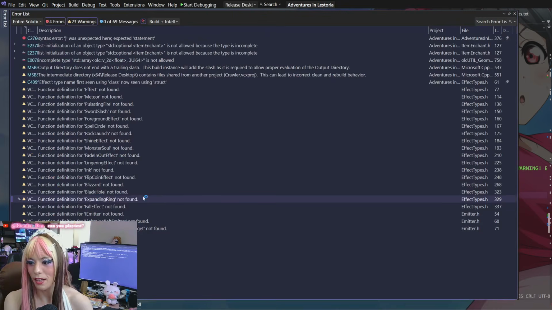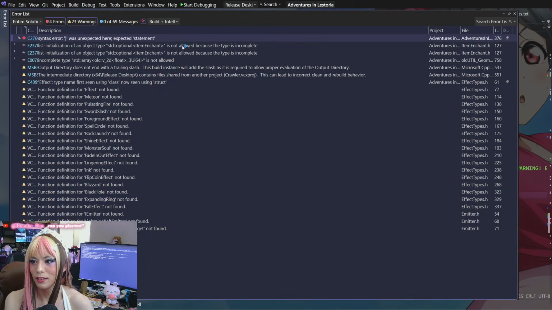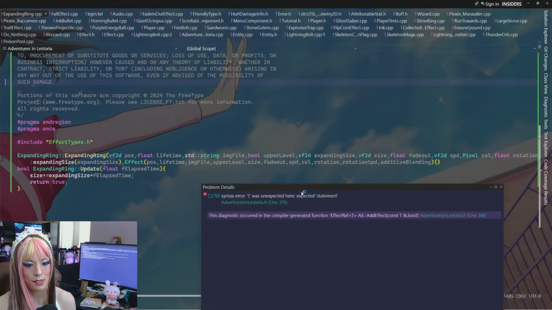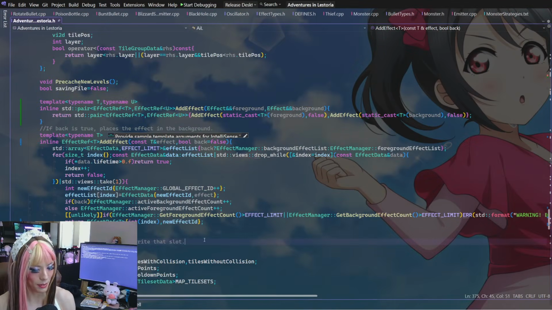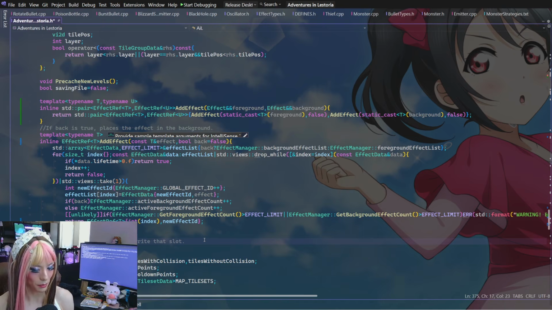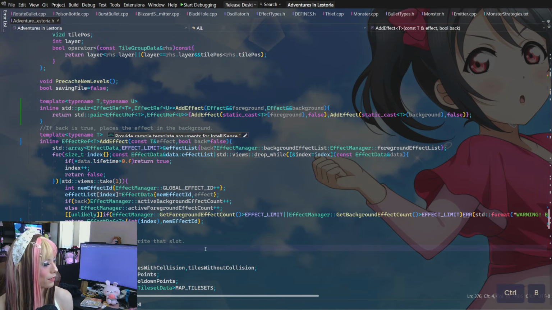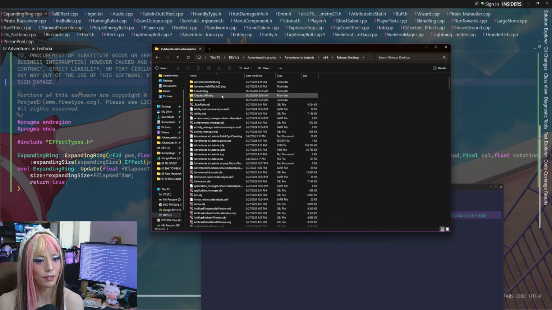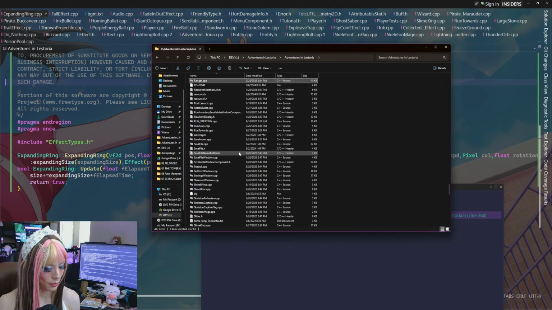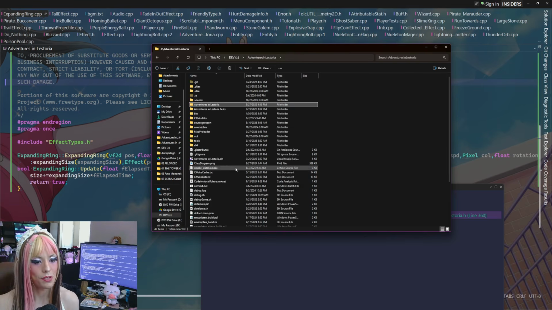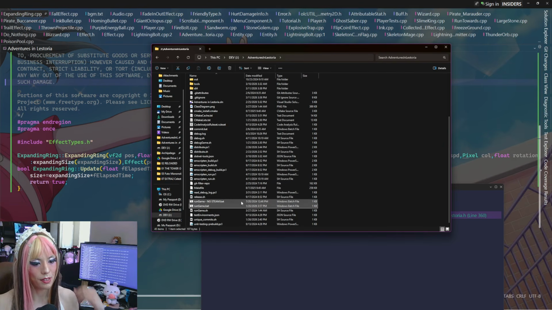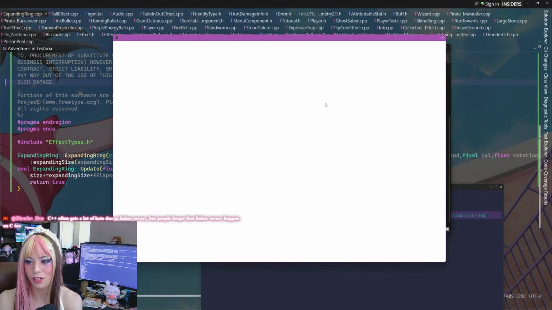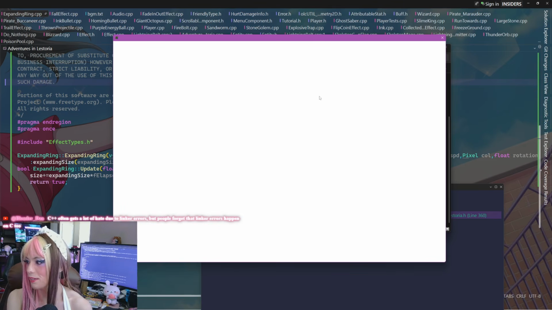This case actually will be hit, so... What? Did I do something? Hold on. It says it was expected a statement. Normally I would write code there, but it's like, hey, you're supposed to put code here. I'll just run whatever was last in here, I guess. Oops. Run game? I have a script that can run whatever's in here. Let me see. Because I accidentally modified Adventures in Lestoria.h, which would be a full rebuild, but we don't need to do that.